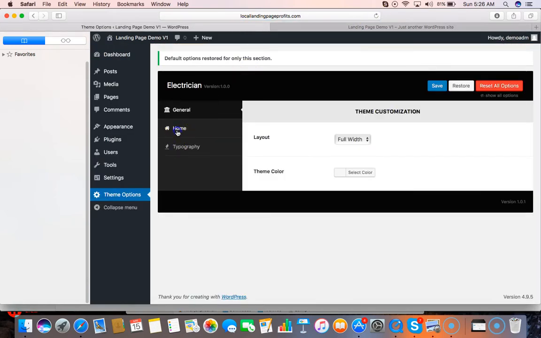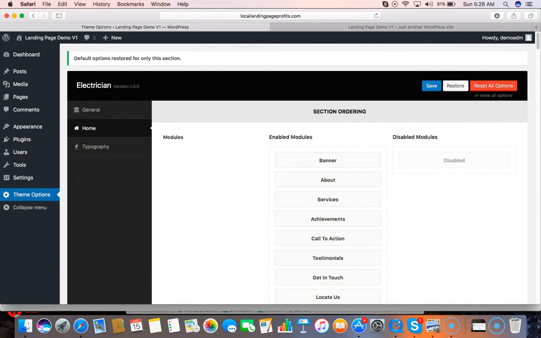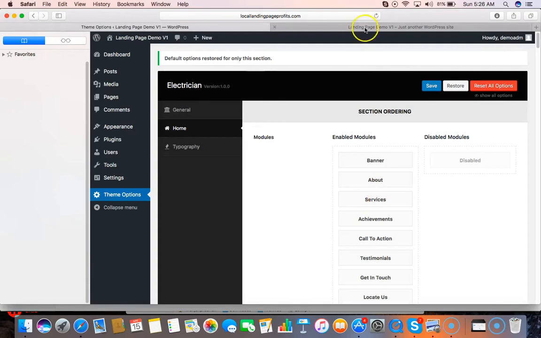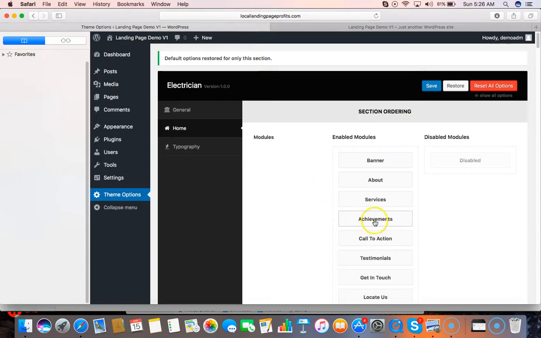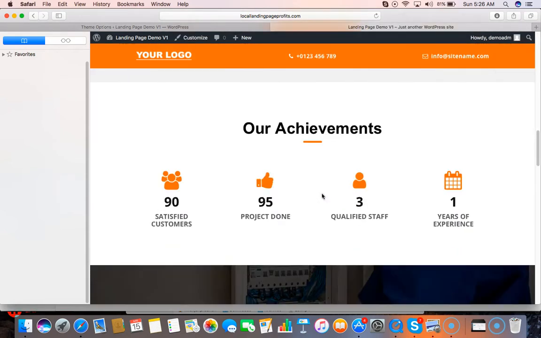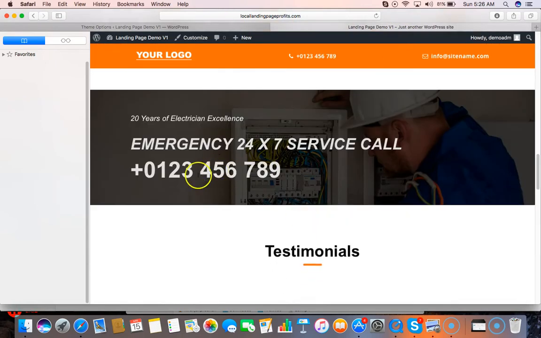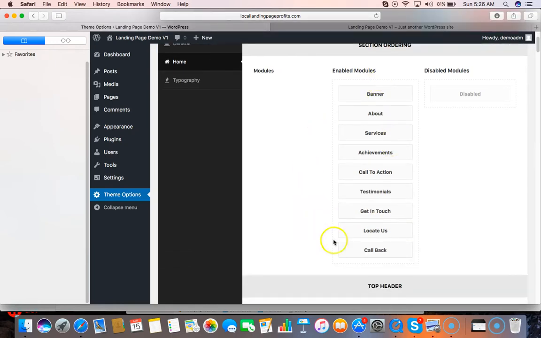Okay, now moving back to the home section. All right, so this is where the majority of the things happen. Now banner, when I talk of banner, you are basically talking of this section, right? This is the banner section. When I'm talking of services, this is the services section. When I'm talking of achievements, this is the achievement section, right? When I'm talking of call to action, you have this call to action here. Okay, so as you can see, most of the sections are organized in a way that is congruent with the